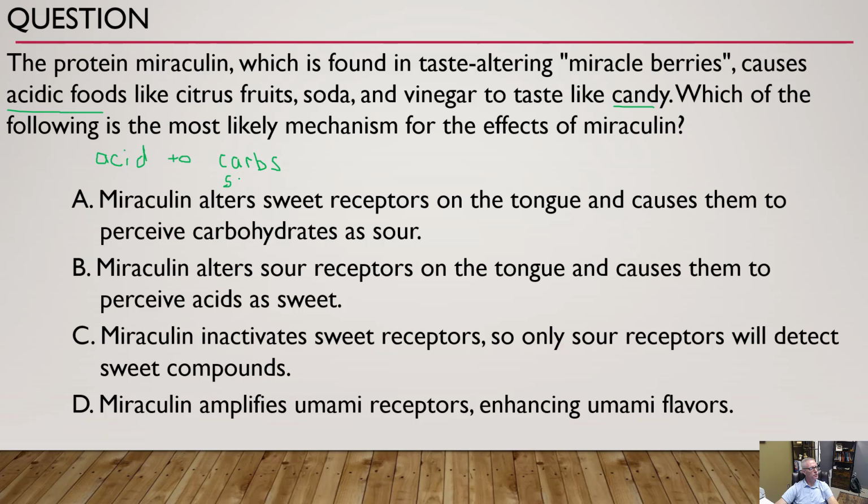Sugar is also sweet. So let's look for those. Miraculin alters sweet receptors on the tongue and causes them to perceive carbohydrates as sour. So that one's going to be out because we're altering acid and causes carbohydrates